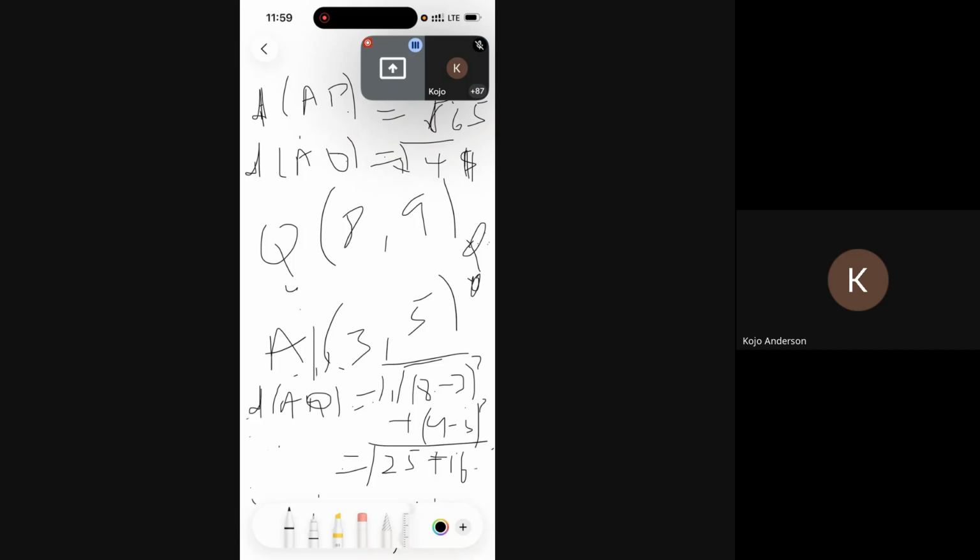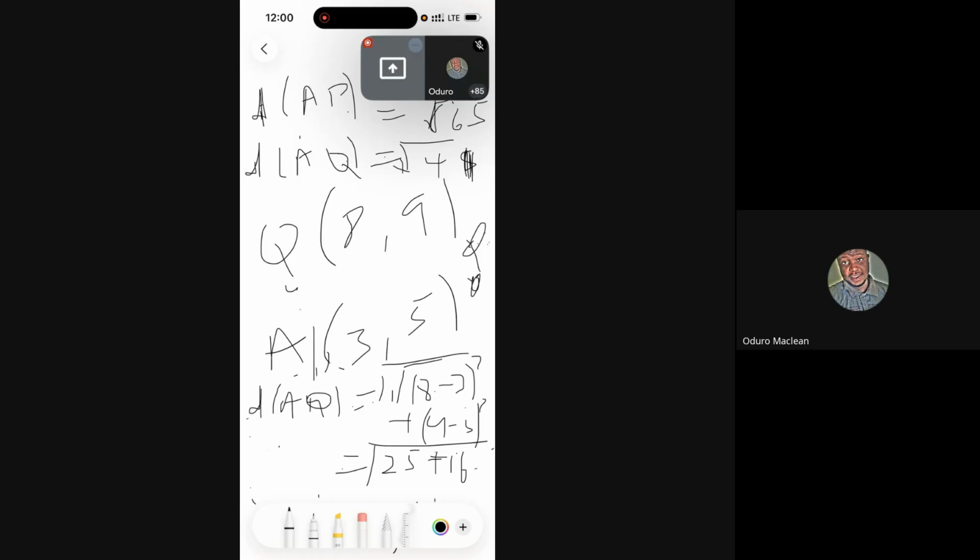41. So we want to find out if Q is closer to A or P is closer to A by comparing the distance. One is root 65, one is root 41. So which one is bigger? The root 65 is the bigger one. So what does that mean? Which one is closer? For me, I think the second one is closer to A than the first one, because the distance is shorter or smaller, right? So it means that my Q is closer to A